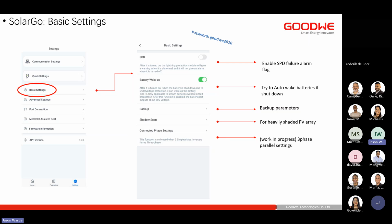Then we have got the auto battery wake up. This is obviously on certain batteries, not on all batteries. It just depends on which battery you're installing, on whether or not this function will be usable. But after it's turned on, when the battery is shut down due to under voltage, it can auto wake up if the battery port outputs about 60 volts. And then we'll look into the backup